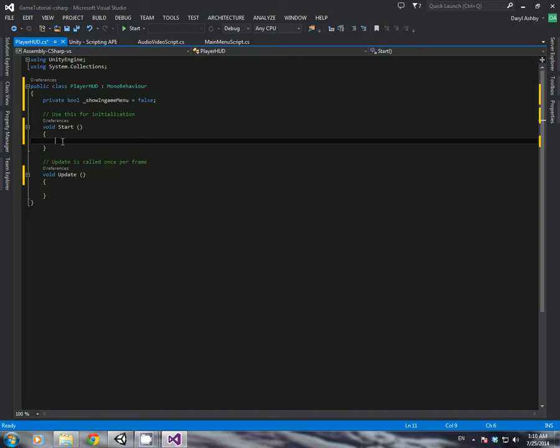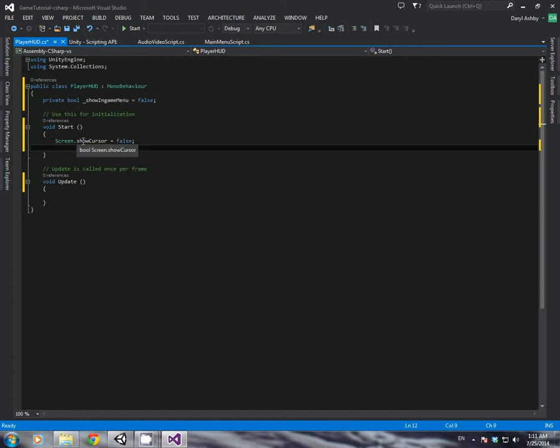And what we also want to do is in the Start, Screen.showCursor = false, and Screen.lockCursor = true. And that means basically when we load up the game on our level, you won't be able to see the